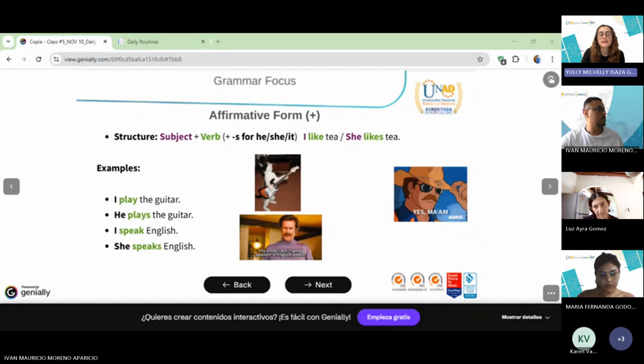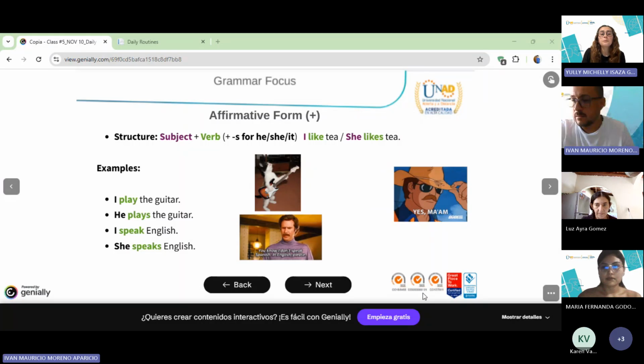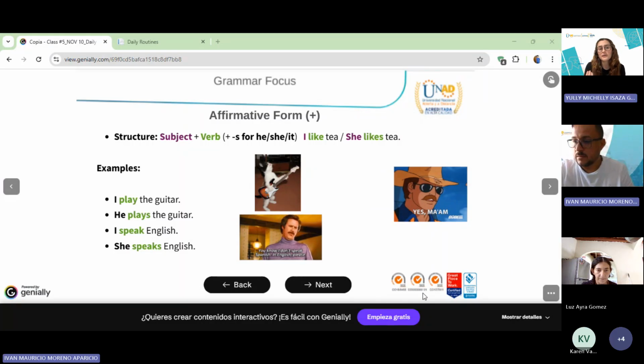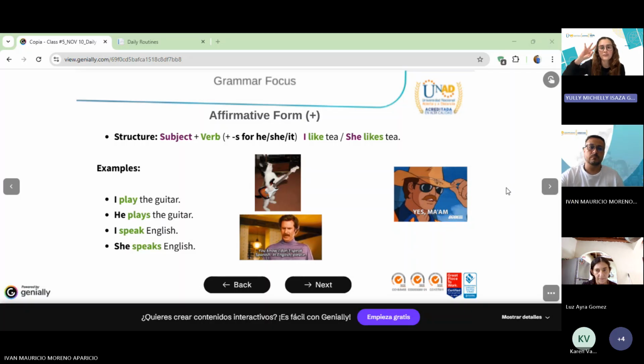In this case, we have this one, I play the guitar. I play doesn't have the S because it is not a third person. So we have I play in a normal way, ¿vale? Next to that, all of that is the complement, whatever you want to use, un complemento, ¿vale? So I play the guitar is a very common affirmative statement in the present simple, okay? Or he plays the guitar. In this case, the letter S is because we have to add the letter S when we talk about the third person, okay? So don't worry about that. And that's all for the affirmative form, okay? So we continue.